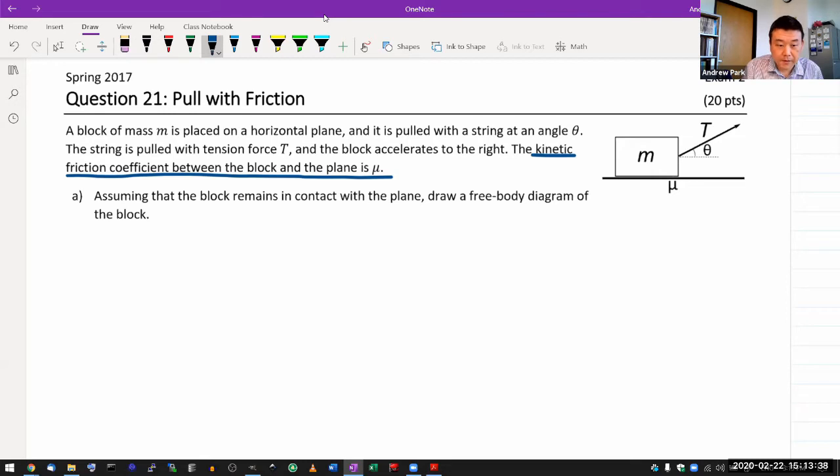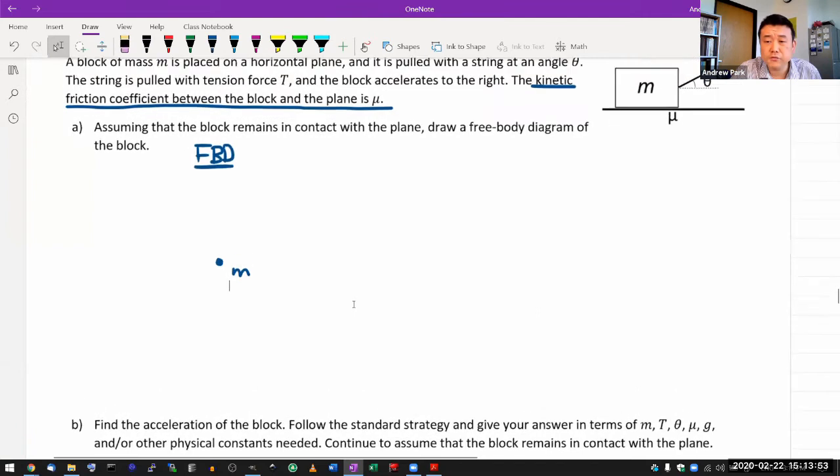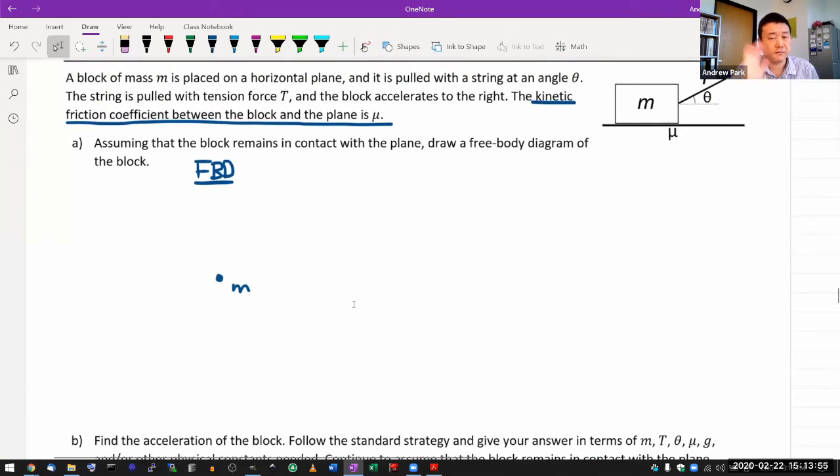So the free body diagram of the block. Here's my representation of the block, a single dot. I try to make it as simple as possible because a free body diagram is a problem solving tool. You really don't want to complicate it. You want it as simple as possible, and for this, a dot is as simple as possible. So I need to draw